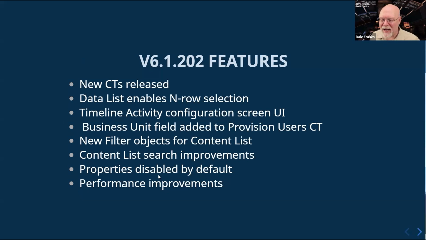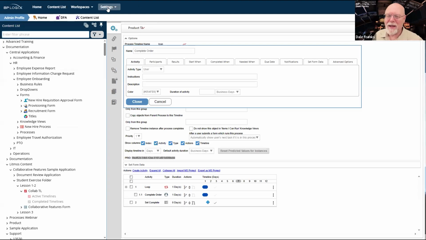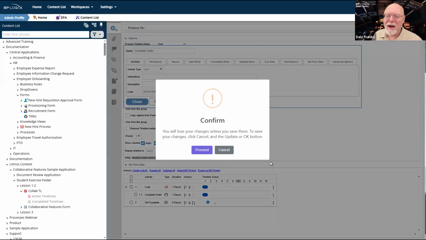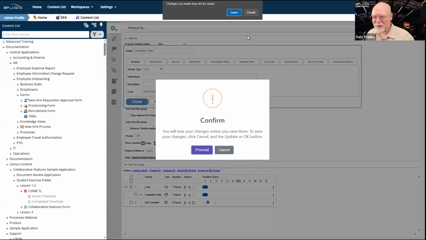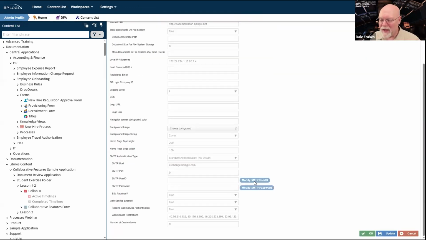Properties disabled by default. I'm not entirely sure what I meant by that. Oh, yeah, I do know what I meant by that. The properties, those properties that I showed you earlier for the username and the email address, and inside installation settings, which is one of the other major areas where it can cause a huge problem, is your SMTP user ID and your SMTP password.